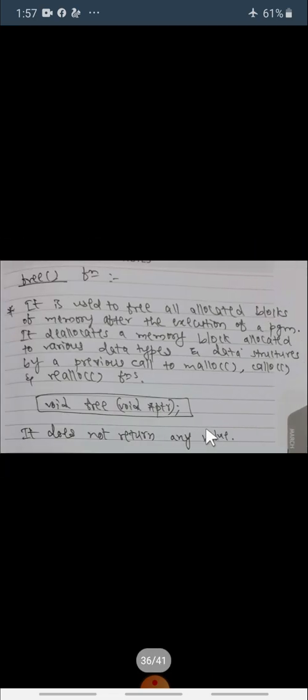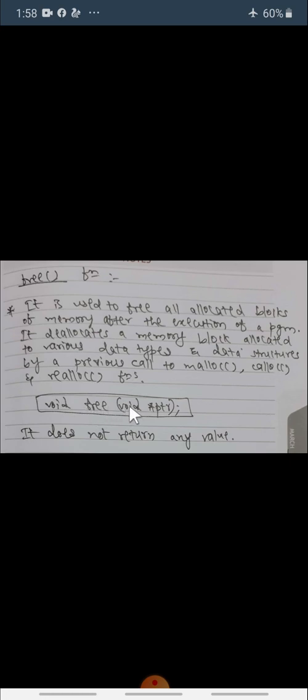Then the last function is for memory deallocation. The free function is used to deallocate the memory. It is used to free all allocated blocks of memory after the execution of a program, and it deallocates a memory block which was allocated to various data types and data structures by a previous call to malloc, calloc and realloc functions.